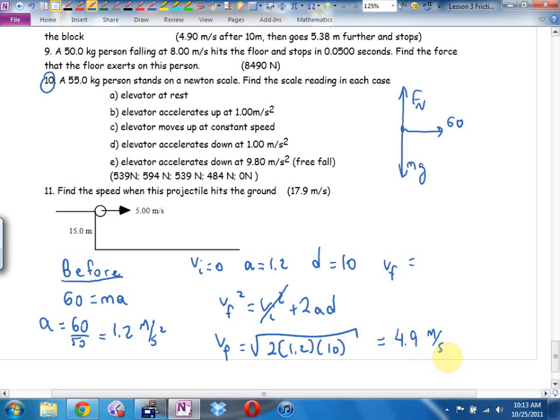And again, I like the physics here. I don't like the wording of the question. When it says describe the motion, I would be much more specific. I would say, part A, find the final velocity after the first 10 meters. Part B, how far does the block travel once it hits the friction surface? That would make a clearer question. Speaking of which,